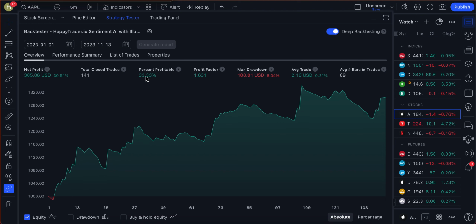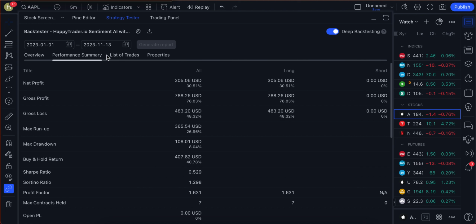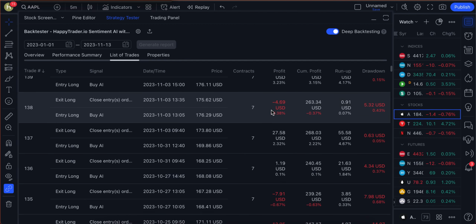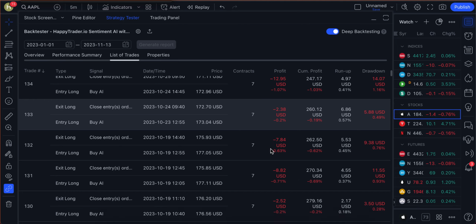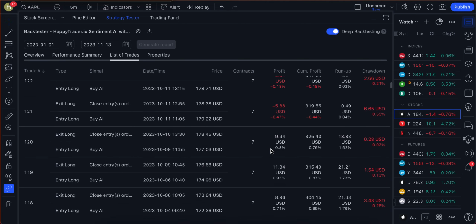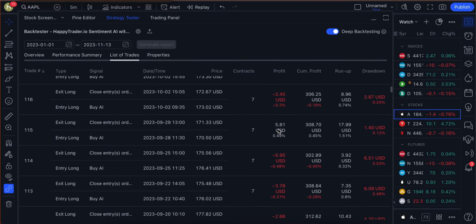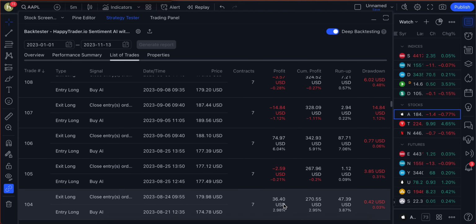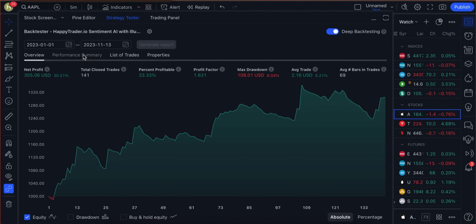You're winning about 1/3 of your trades, but that's okay because if we go to the list of trades, you can see that the losers are cut relatively small, and you may get a long string of them, but you're eventually going to make up for it with your winning trades, such as that one right there and that one right there. So if we go back, we can see that for the year, using the 5-minute chart,